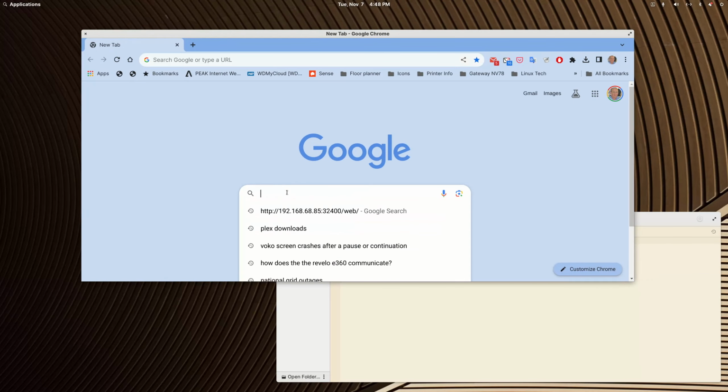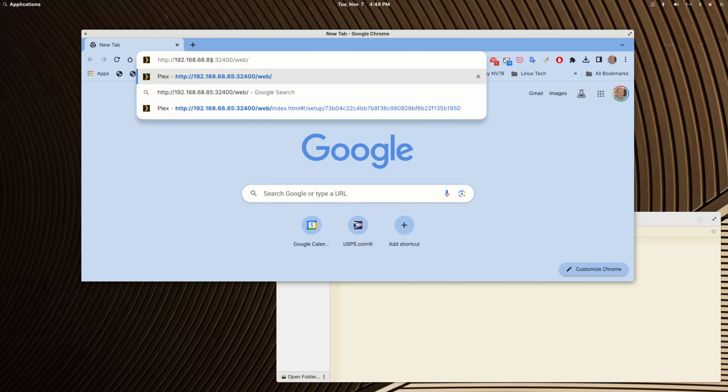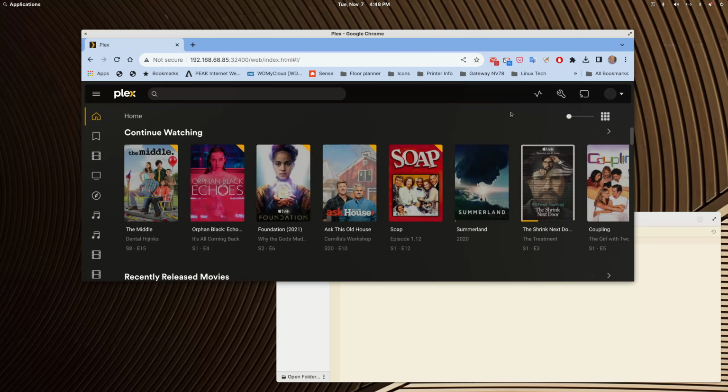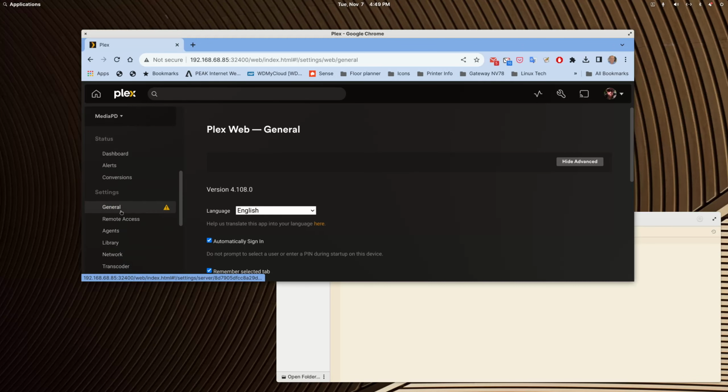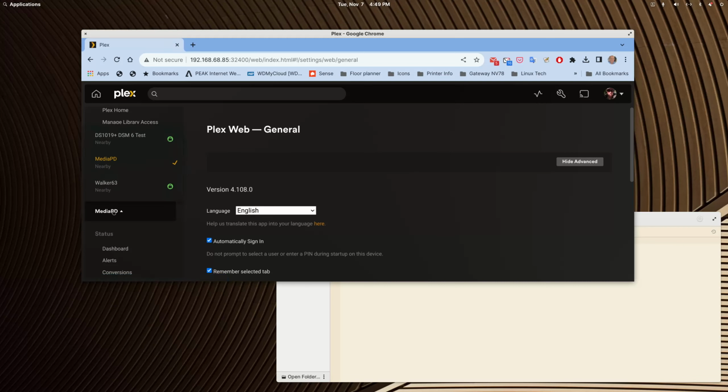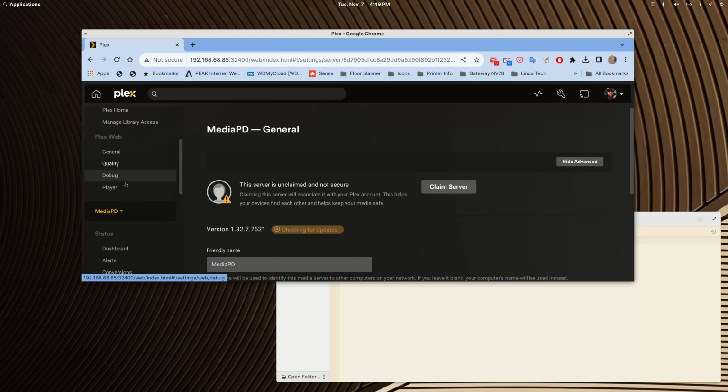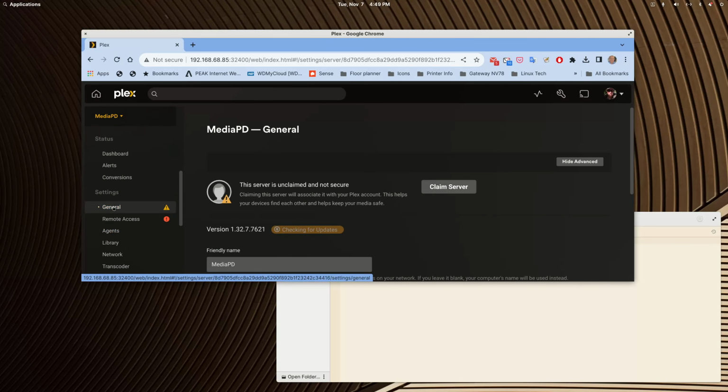And don't paste it in a Google search or a Firefox search. Paste it in the URL. Okay, so my other servers came up. But let's see here. The Media PD one says nearby. So when I click on it, and under General, I've got the triangle here, and it says the server's not claimed. So now if I claim the server,